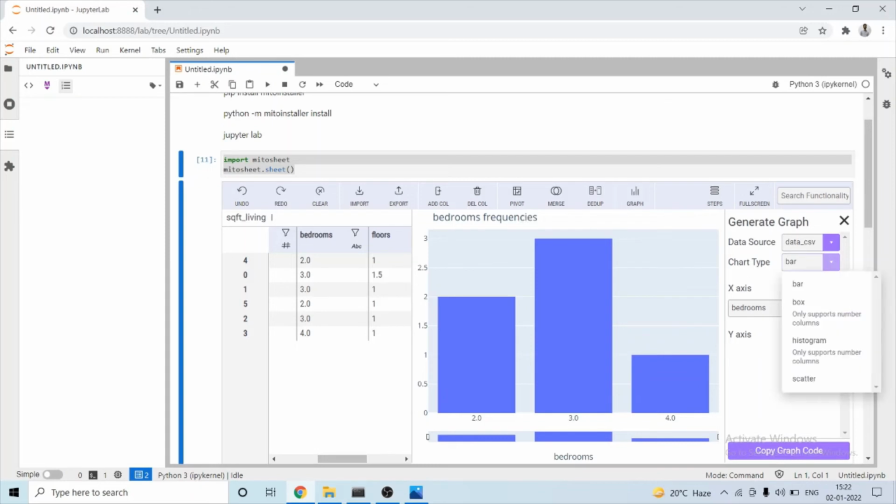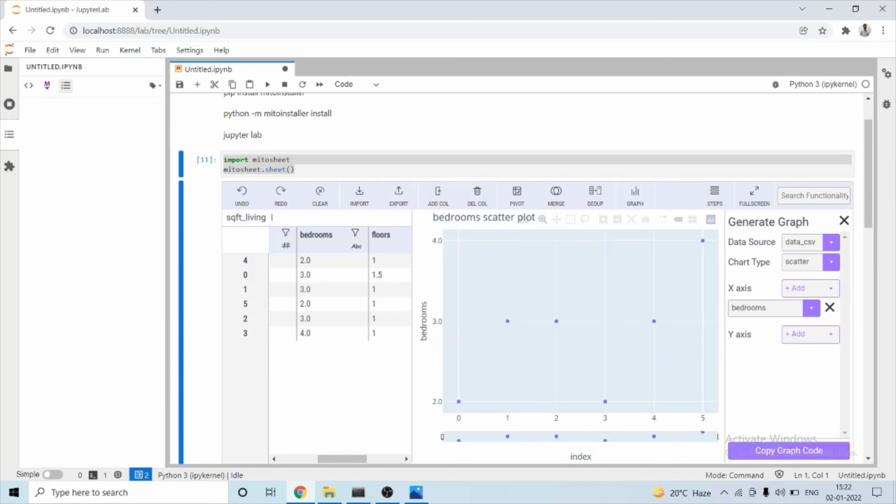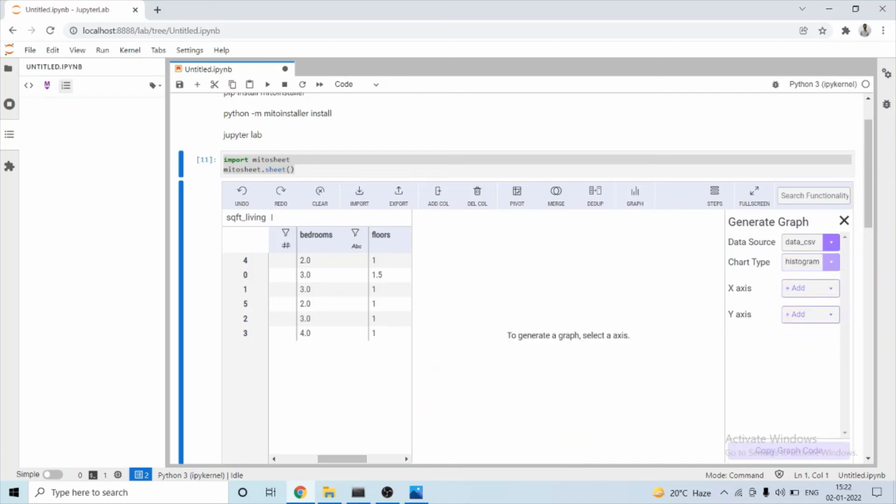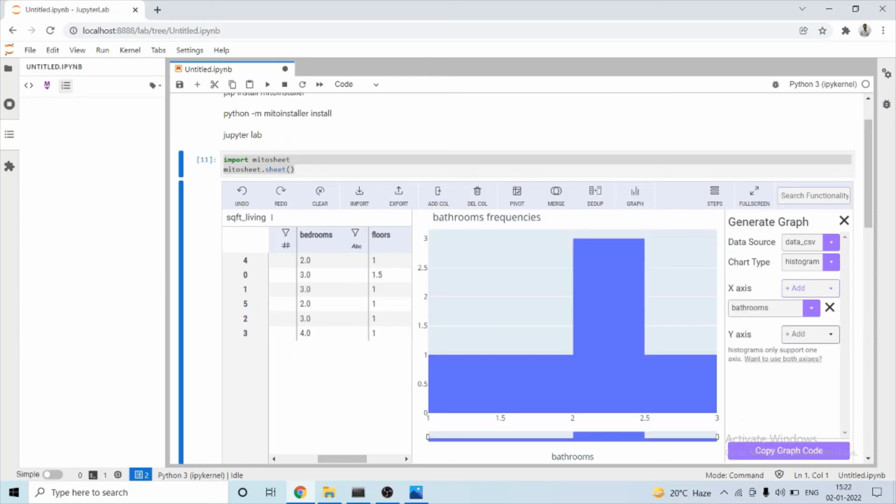We can even draw different types of charts such as scatter, histogram, and other types of graphs.